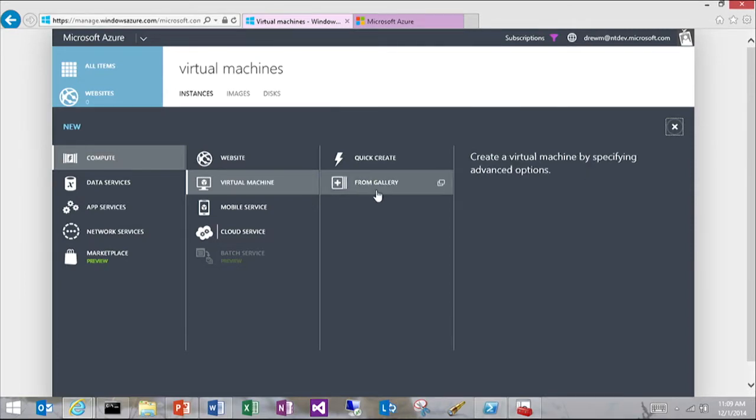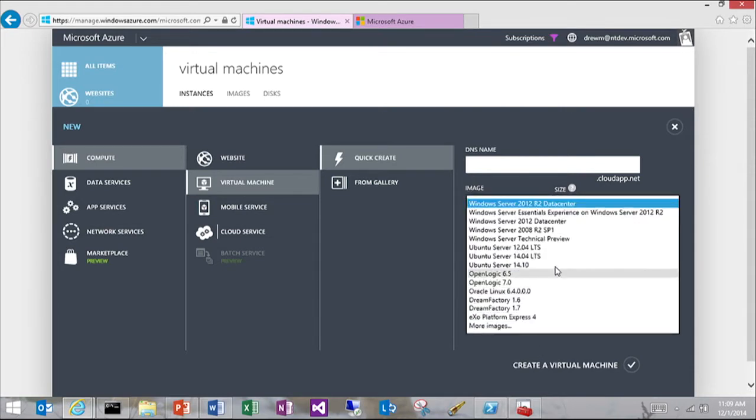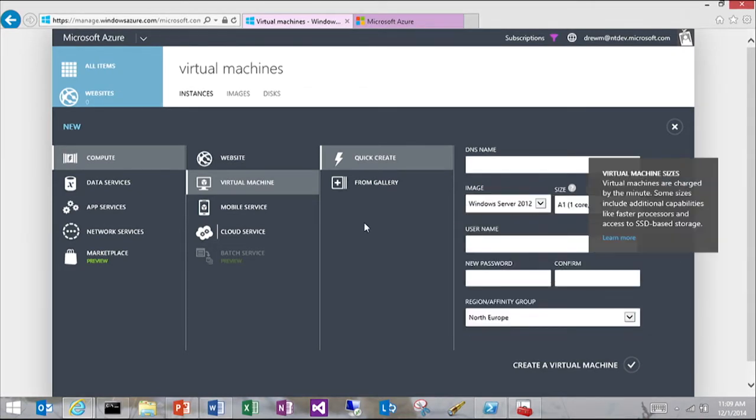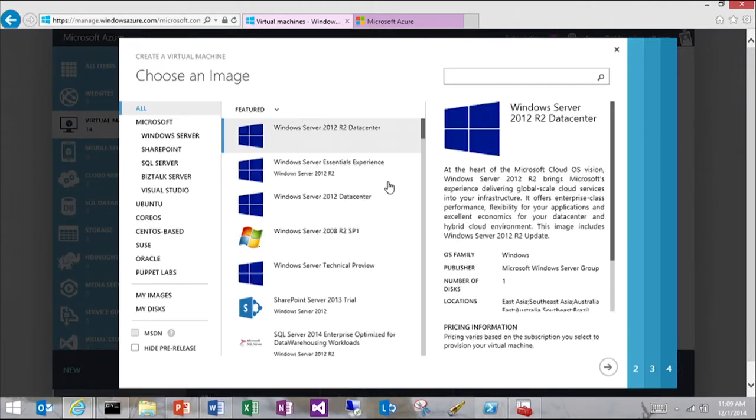So here we're looking at the virtual machines. When you go to create, there's really two forms. You can do what we call a quick create, where you just give the most basic information about the machines, the image that you want to use, and the size and location. Or you can have the more full-fledged experience, which is the gallery. And the gallery allows you to view the different images. You can